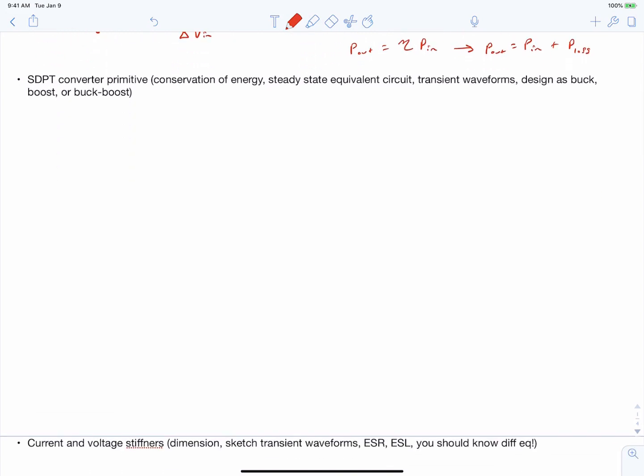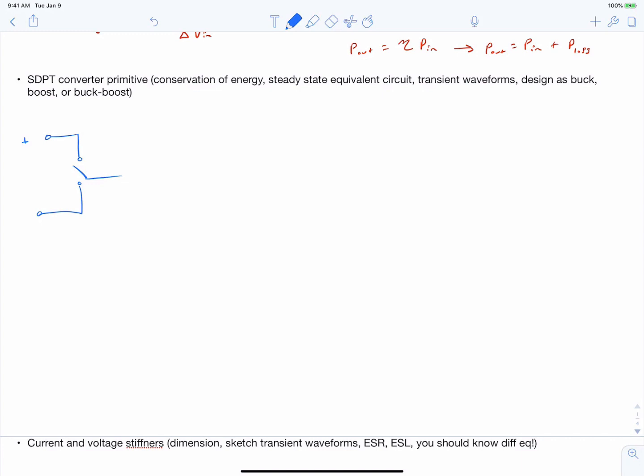Next, we've spent a lot of time talking about the single pole double throw converter primitive, and specific topics that you should be aware of include conservation of energy, the steady state equivalent circuits, transient waveforms, and its design as a buck, boost, or buck-boost converter. And this primitive circuit, which we've sketched time and again in class and in our active learning exercises, is of the following form. We have 2 throws and 1 pole,